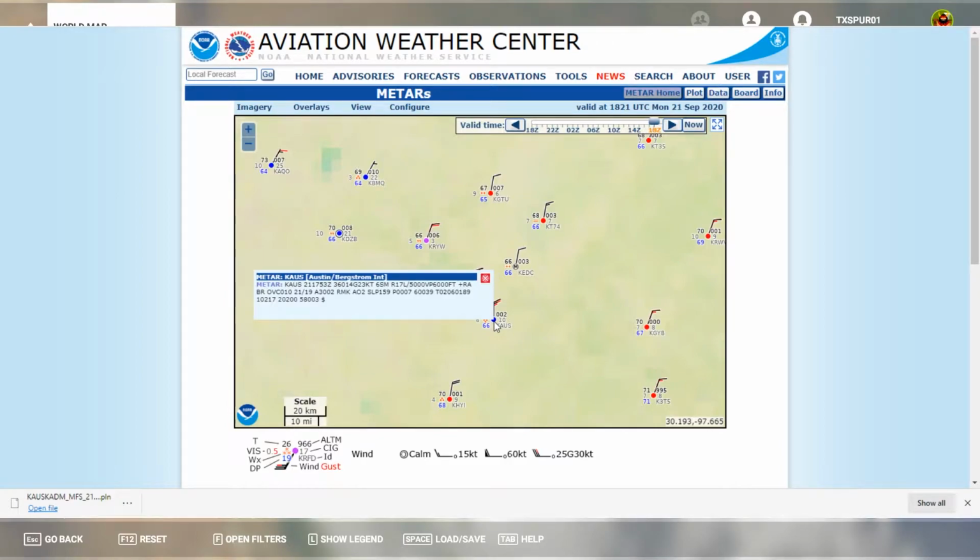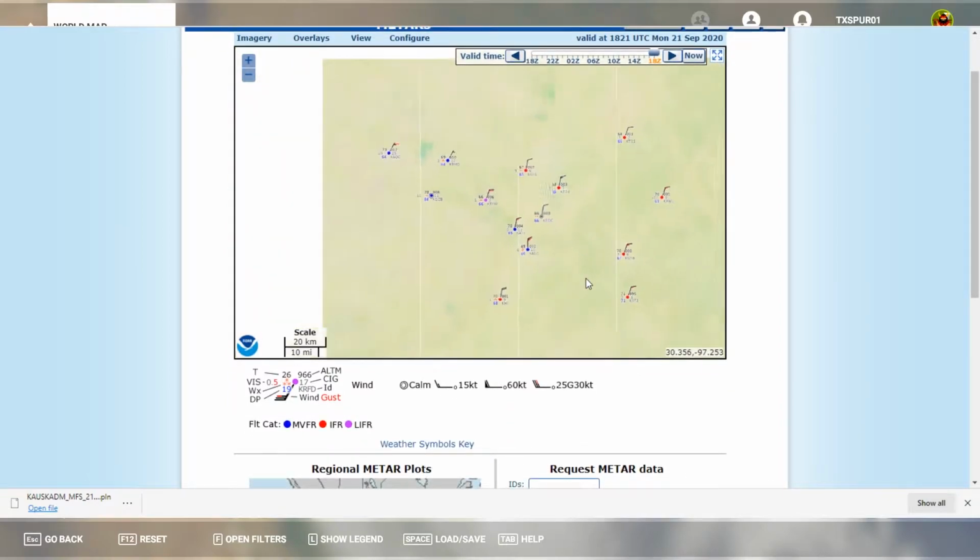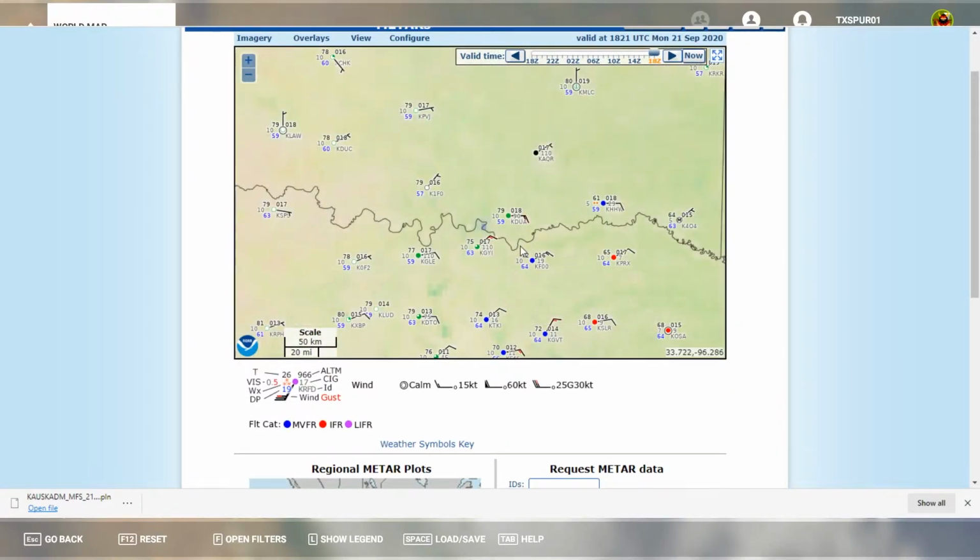360, 14 knots, gusting to 23, 6 statute miles visibility. They have rain and the clouds are broken. Rain is overcast at 1,000, and altimeter is 3002. So yeah, it's not a great day down in Austin. We'll see how accurate this is when we actually load up in the sim, and then we'll go up here